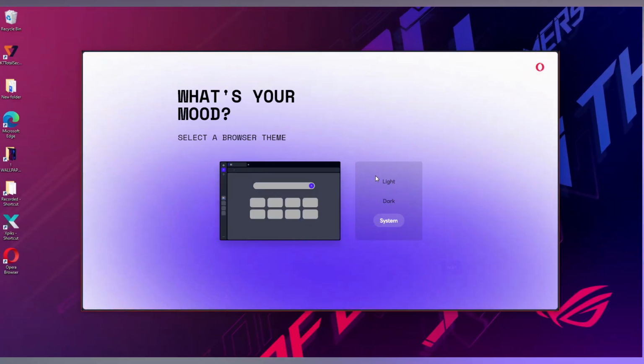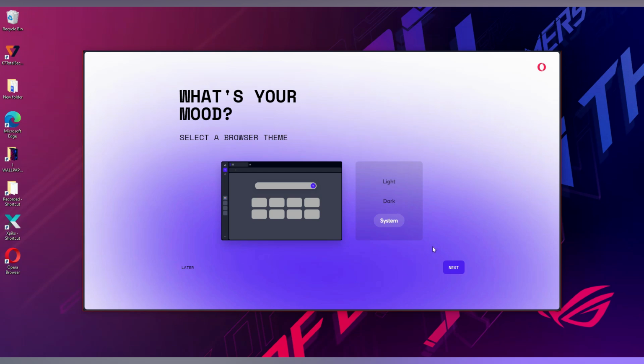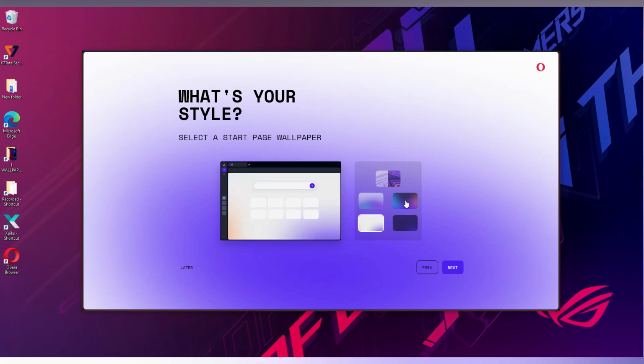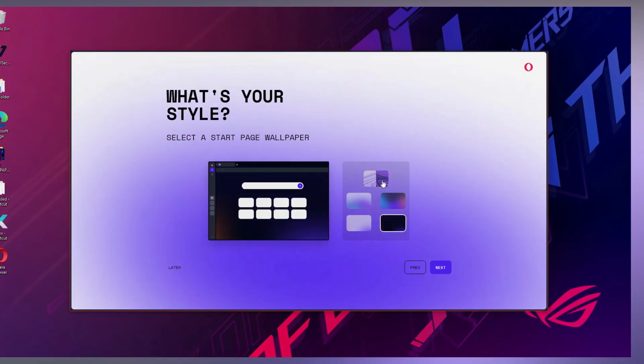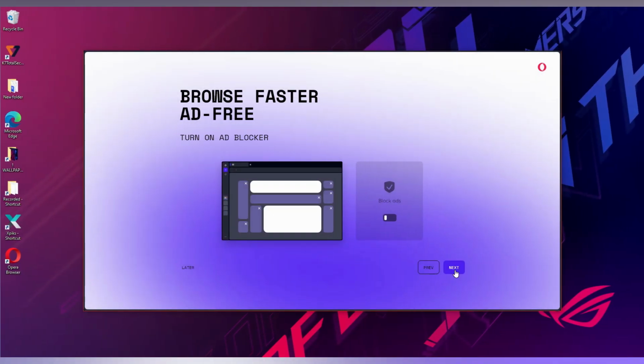Now you need to choose the theme, like light, dark, or system theme, whichever you need. Then click on the next option. Now here you can select the wallpaper type. There are a lot of different types of wallpapers here. You can choose whichever wallpaper you need. Then click next. Now you can choose whether to turn on the ad blocker, and next,